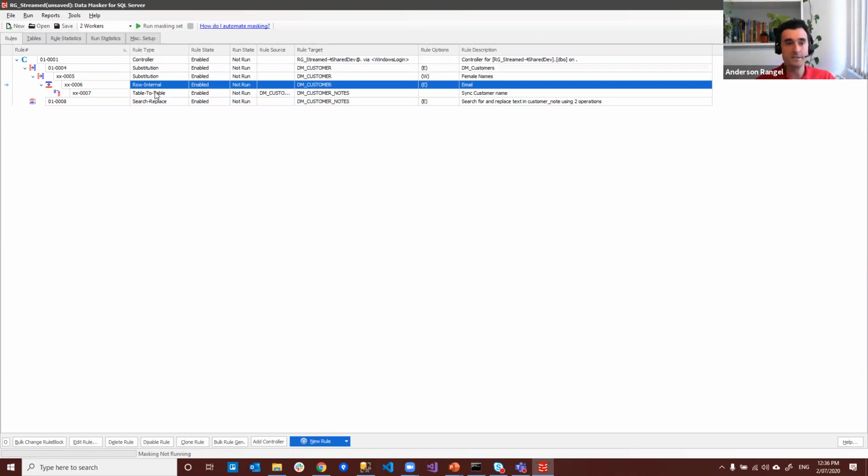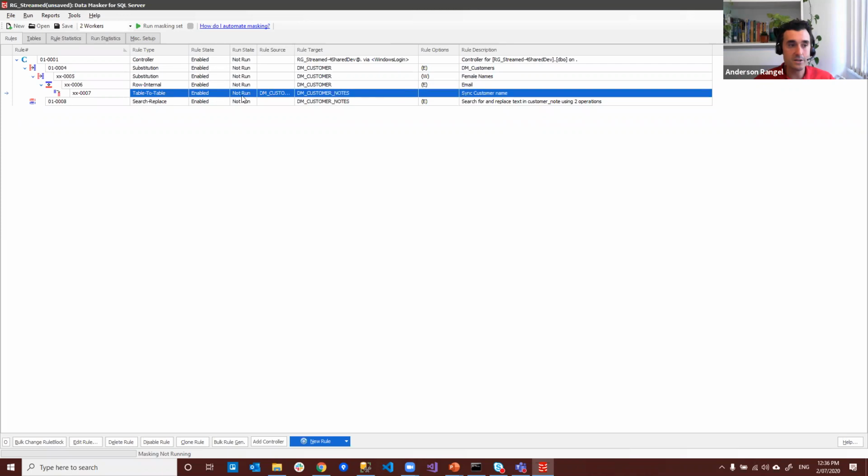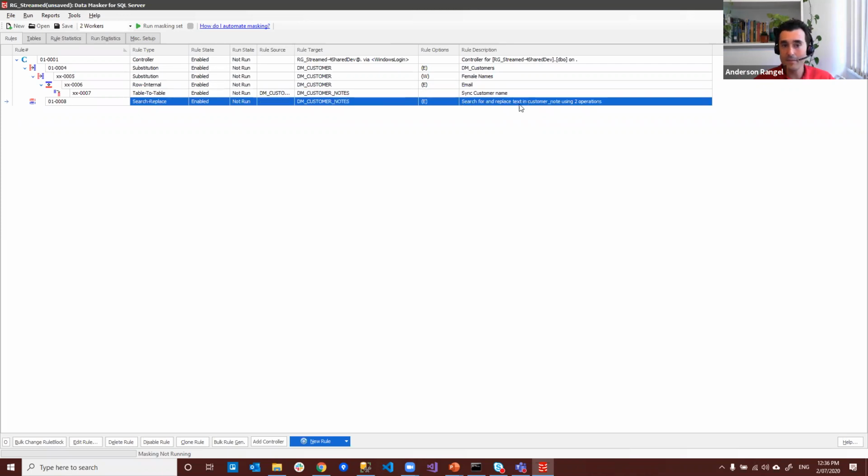So I'm synchronizing values across to make up my email address. For example, Anderson.Rangel@Redgate would look like something after I mask my first name and last name to, let's say, John Smith. I want to make sure that my email address is now John Smith at something random. Here I am addressing that denormalization, and here I am addressing that